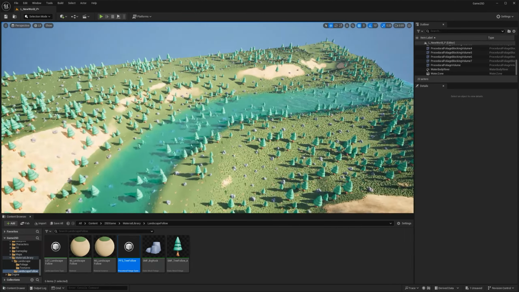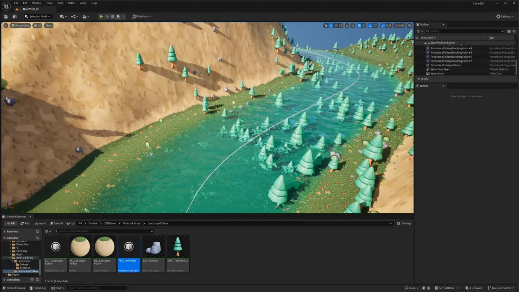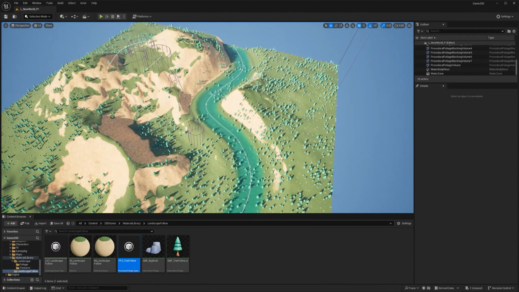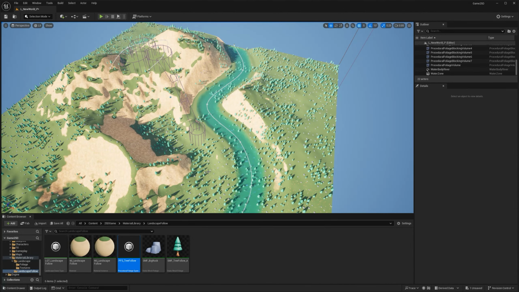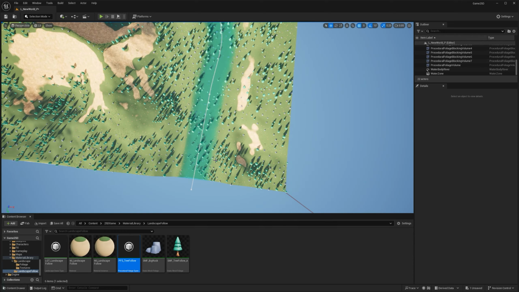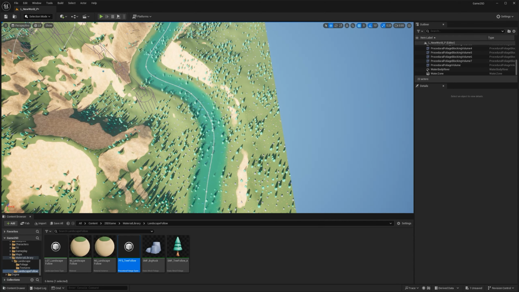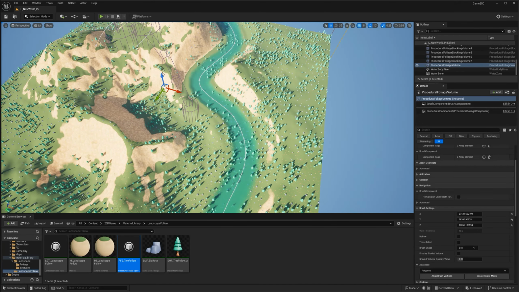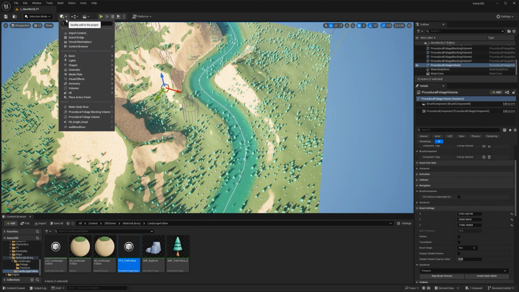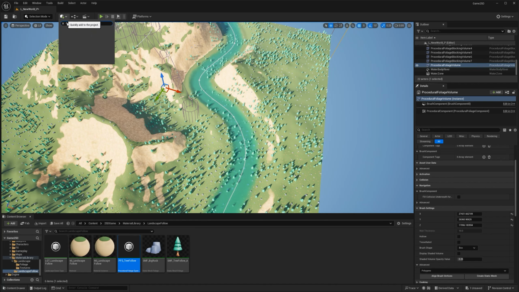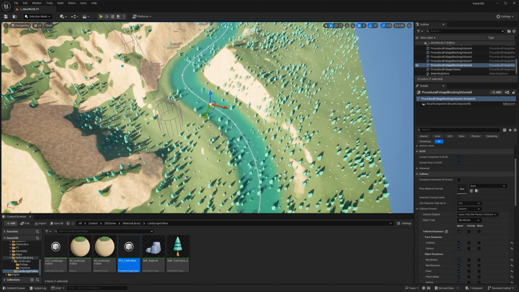I'm happy with this. I think it looks cool. The color of the water is nice, but let's say you want to make some variations to this. The first thing I'm going to do, if I'm happy with the shape of this river, is get some of these blockers and trace them around the river so it blocks the procedural foliage from being generated inside the river. So I'm going to go to the top here, add this button and type foliage, and look for blocking volume. I'm just going to drag that to the scene right there.